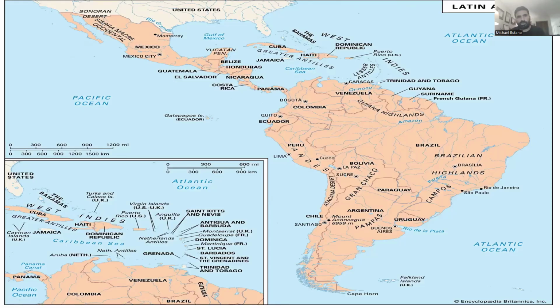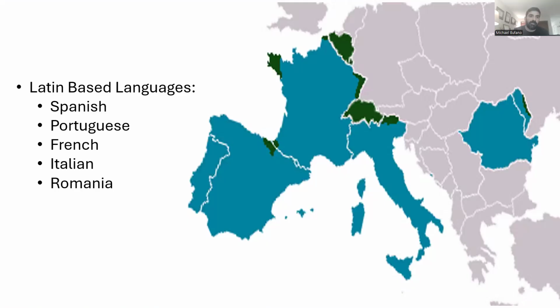Now, not every single country that's south of the United States is considered part of Latin America. So, for example, this little country Belize here, as well as this island Jamaica, they were English colonies. So we're not going to talk about these countries much within this class. And of course, the Dutch as well had their own colonies in the Caribbean. These countries are not really going to be part of the discussion on Latin America. But most of them are. So from Mexico here all the way down south to Chile and Argentina, most of these countries are generally considered part of a region of the world we call Latin America.